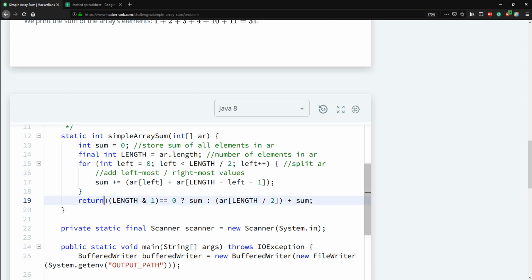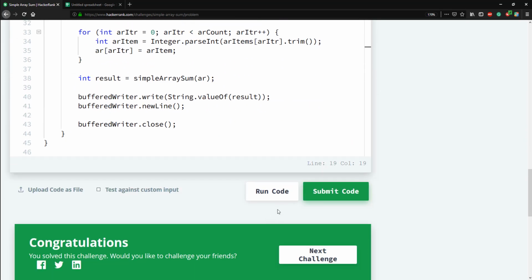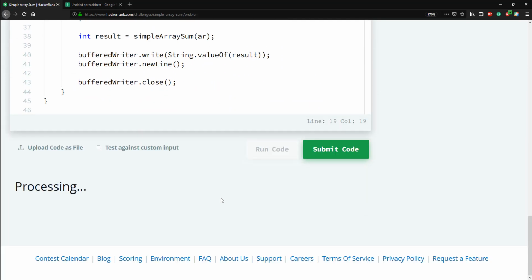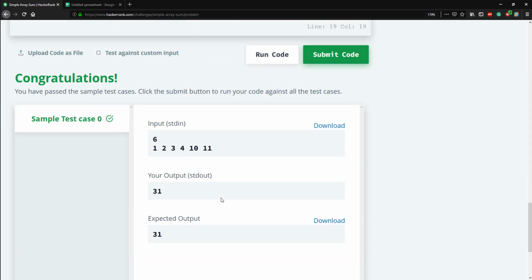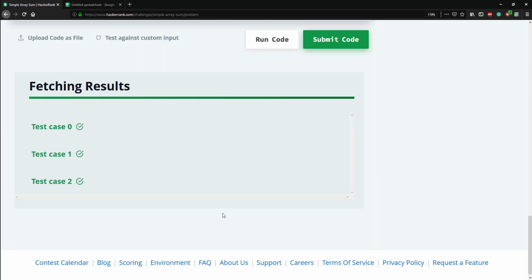So if you take this off and just return sum and run this, it should pass. And if you run it for everything else, it should pass as well,